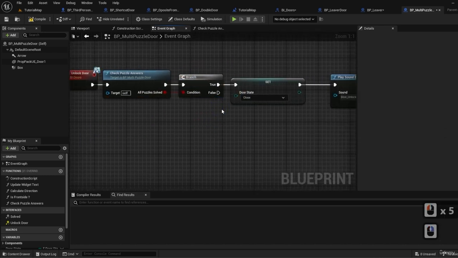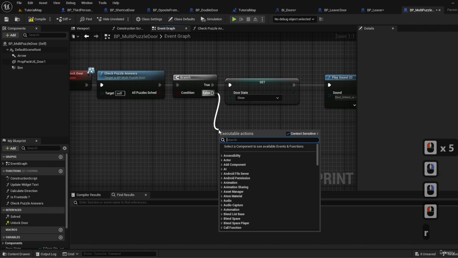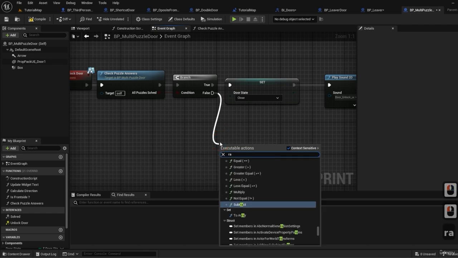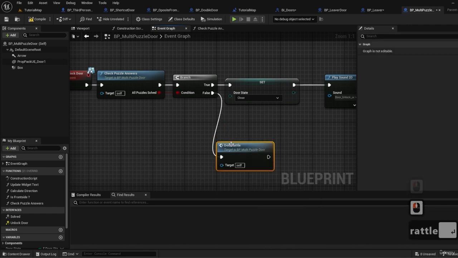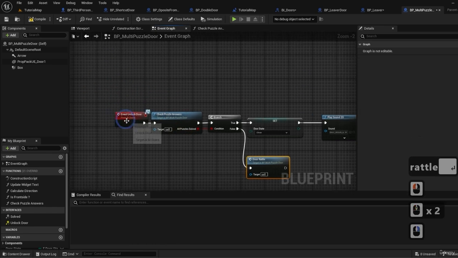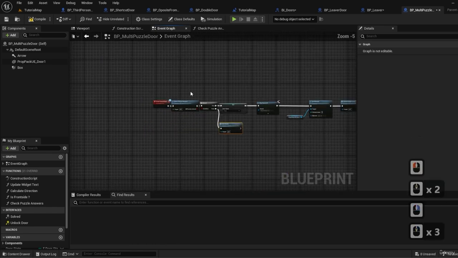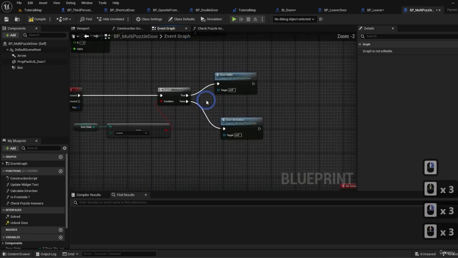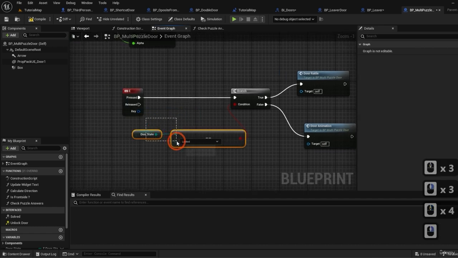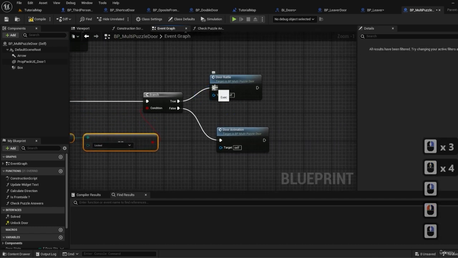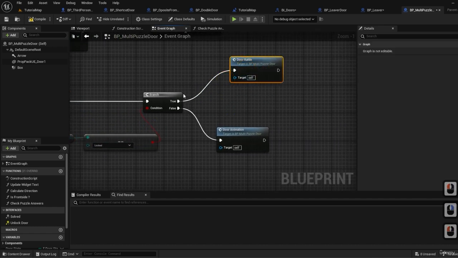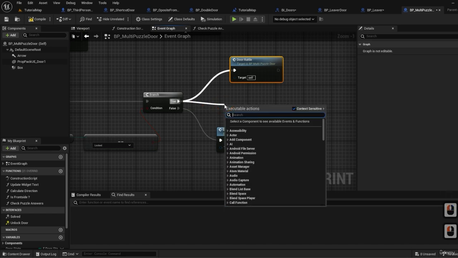If not, we will rattle. So door rattle over here, and instead of calling this from the switches, we will be calling it when we press E and the door is locked. So when it's true, we will, what was that called? Unlock